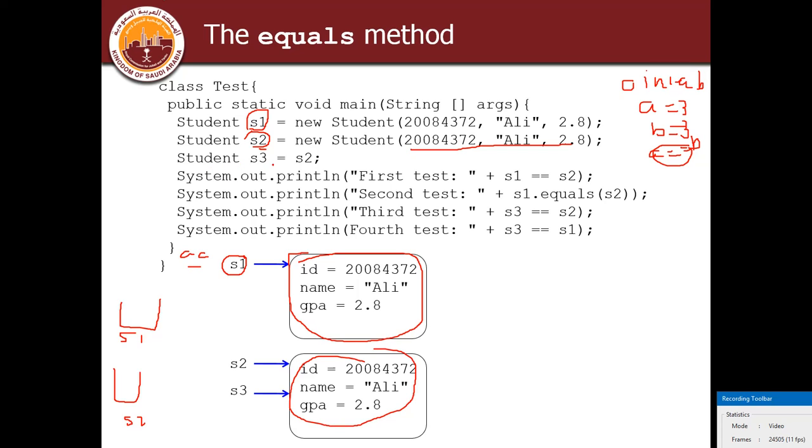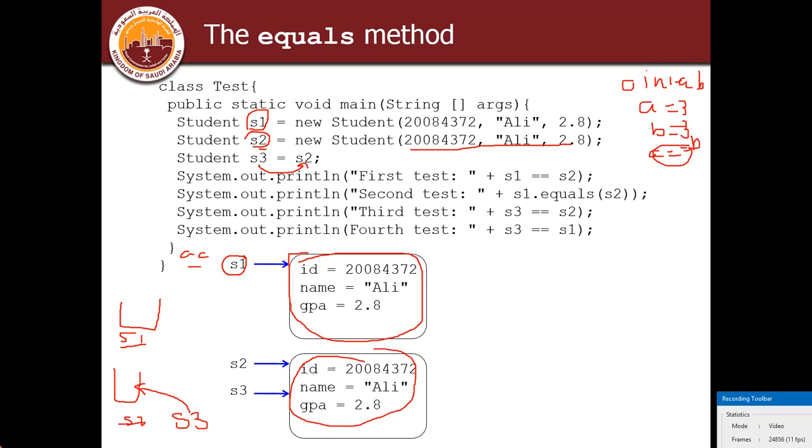Now Student S3 is equal to S2. That means S3 is pointing to the address of S2. So I have created another object S3 in memory, but it is pointing to this address, because this has been allocated some address, and this has been allocated some address. Now this third object is pointing to the address of the second object. Alright.